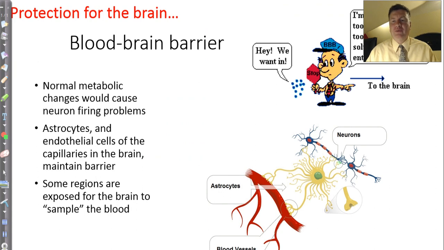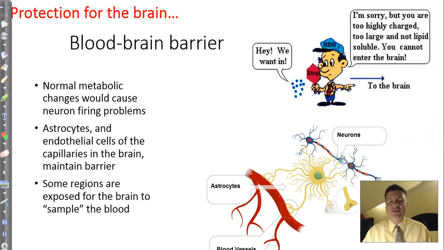We'll leave off with one other form of protection for the brain, and that is the blood-brain barrier. We've actually already talked about this because another neuroglial cell, the astrocytes, are involved here. But let's just start with this. Why do we care? We have to maintain a really normal, stable chemical environment around the brain. Otherwise, those neurons that are highly sensitive to ion changes, too much potassium, too much sodium, will cause them to fire. That may interrupt the flow of neurotransmitters. So we have to be very careful that we don't put anything into the brain that might chemically alter